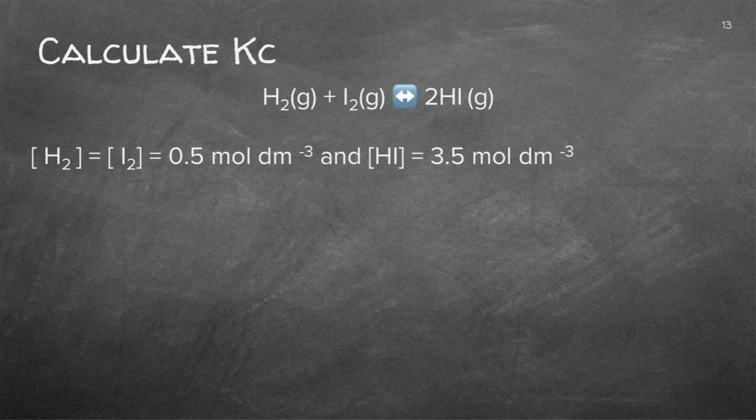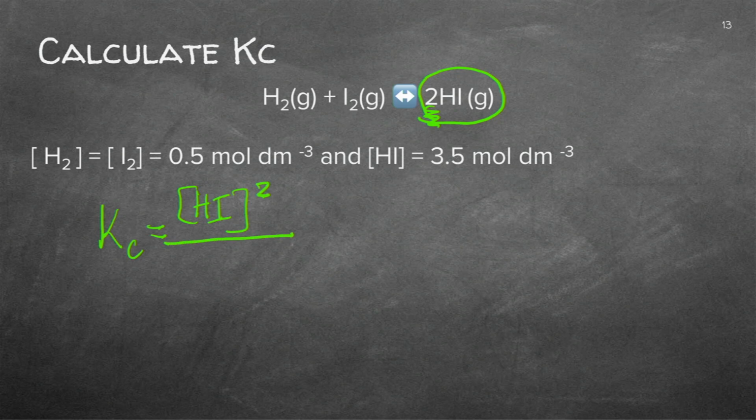So firstly, guys, go and write down the value and the equation. We do not write product. We write down what is the product. It's HI. It's 2 moles, so it's to the power of 2 over the concentration of the 2 reactants, and we multiply them. Now be careful, this means the concentration, those brackets there. But when we actually substitute it, you don't need to put those brackets.